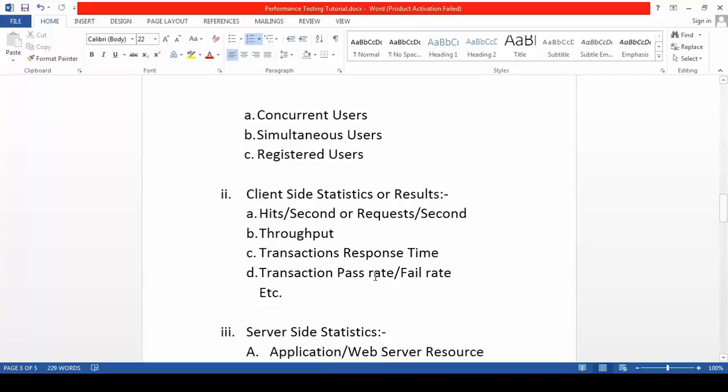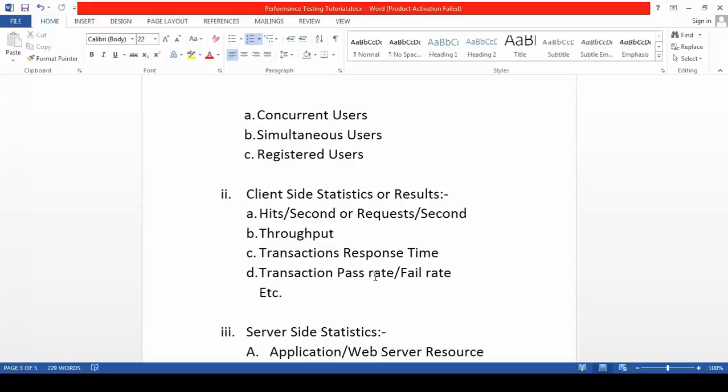The second one is sometimes called client-side statistics after any performance execution. There are a few terms that we have to understand here. First one is hits per second, or I will say for now requests per second.